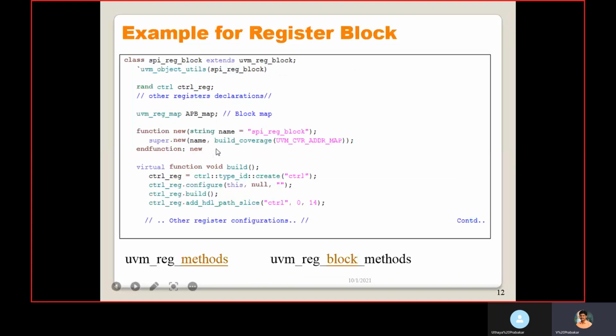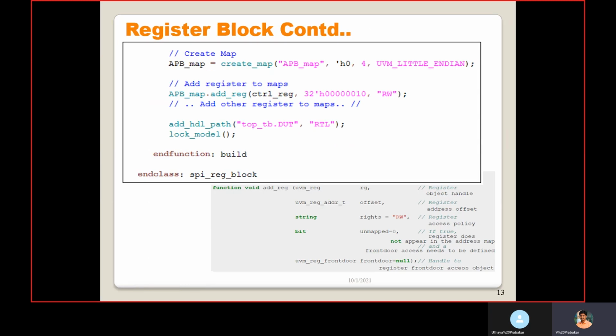Here inside the reg block, we are instantiating the register class and reg map. Inside the build method, first I create the reg class and configure it, call the build method, and add the HDL path. Then inside the build phase, I need to create this reg map. The map name is apb_map. There is a method for this, create_map.